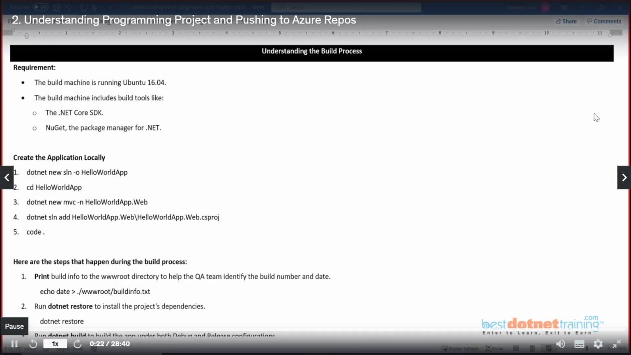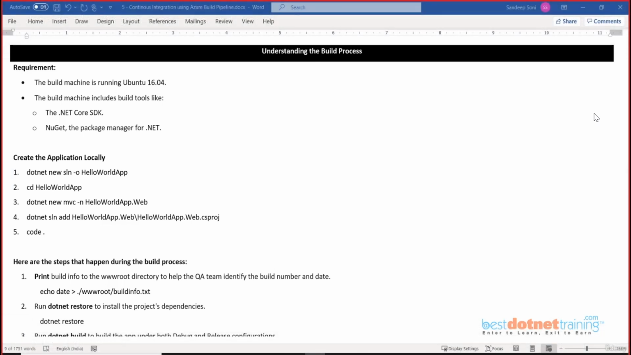Understanding the build process. See, most of you in this particular class, not necessarily are developers. You might be more into IT operations. You might be better at creating the infrastructure where the code has to be deployed. But I told you in the beginning, if you remember,